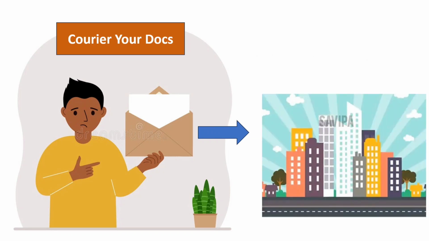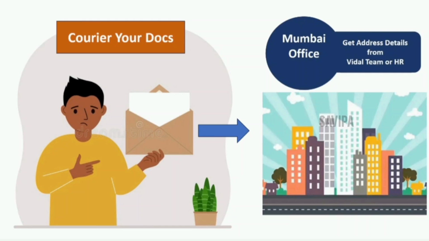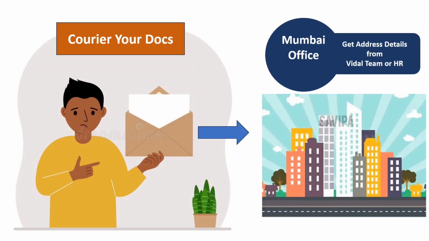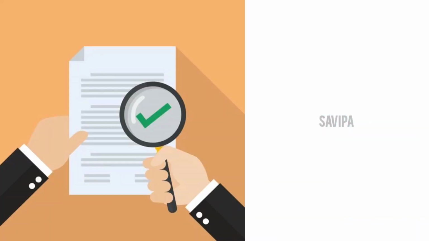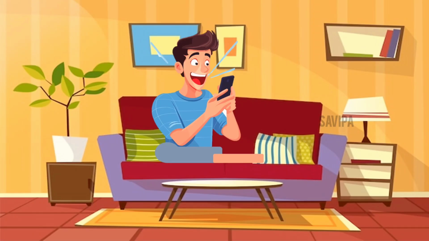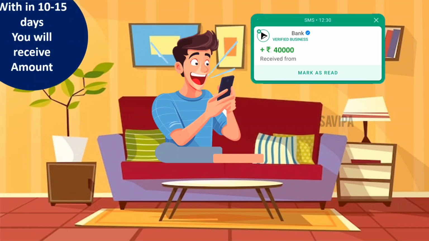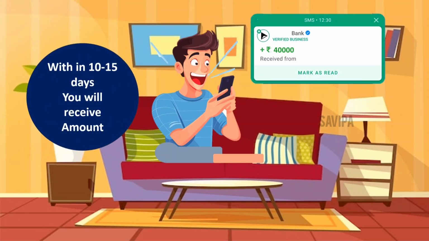to the Mumbai office. You may ask me what the exact address is, which office. For those details, please be in touch with Vidal customer care or HR. They will give you the address details where you have to courier these documents. Okay, once you courier these documents and they reach the Mumbai office, they will verify all your documents, guys. Once the documents are verified, it takes no time. Within 10 to 15 days itself, whatever amount you are eligible to get will be credited